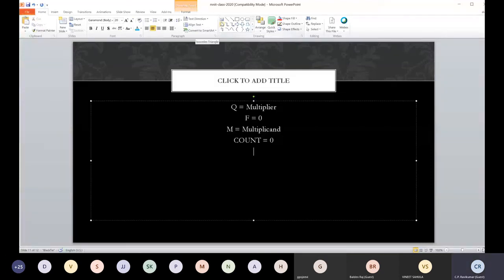Then I will test Q naught and F. There are 4 cases: 0, 0, 0, 1, 1, 0, and 1, 1. So if Q0 is 0 and this one is 1, nothing happens, just shift and proceed. If it is 1, 0, subtract and proceed. Right?